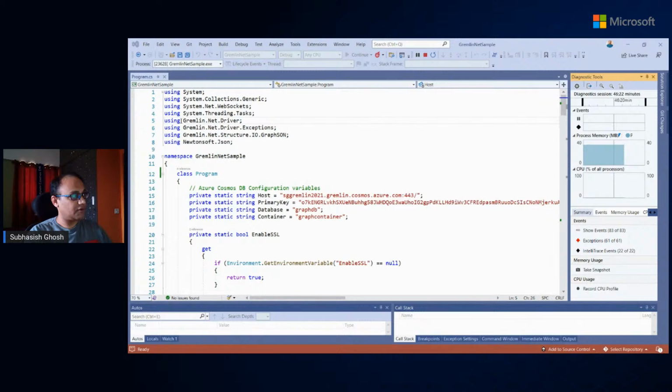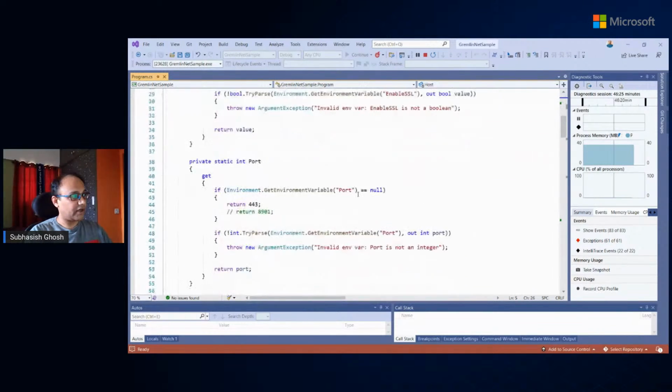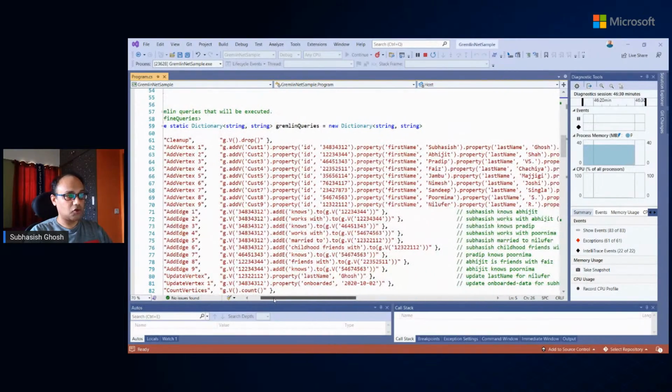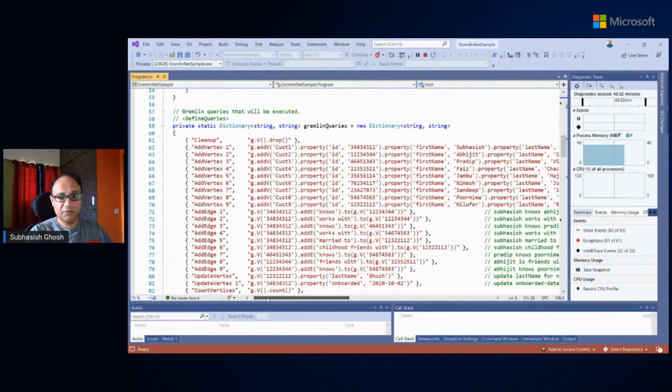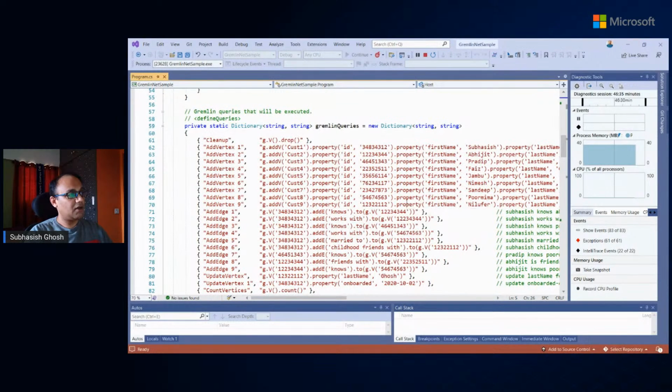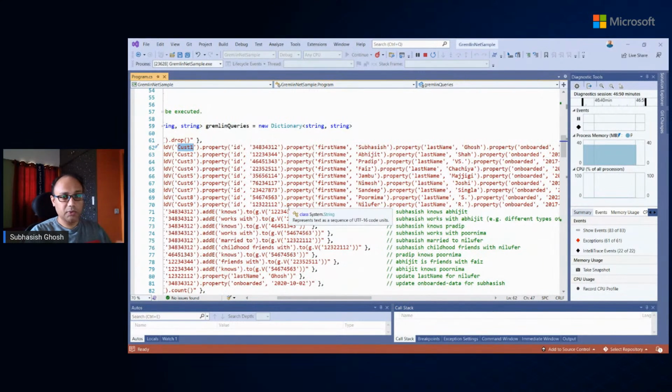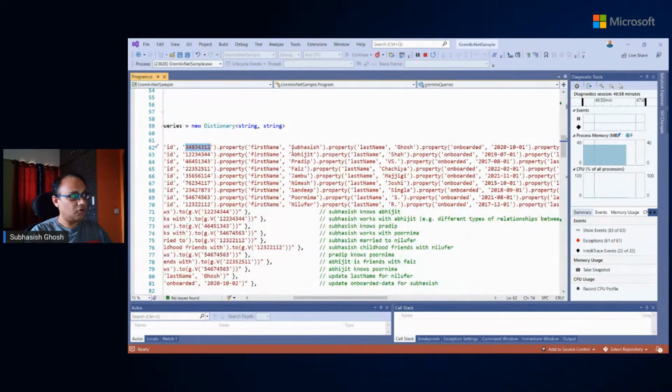So this is in Visual Studio. We're using the Gremlin.NET driver. While we go through the code, we'll also talk about some key design decisions we took a look at. As you can see, these are standard Gremlin constructs. When you're adding a vertex, you mention a label, because the Gremlin API, which is an Apache TinkerPop standard, allows you to build what we call property labeled graphs. You had an ID which we assigned to the vertices, and then you had multiple properties.